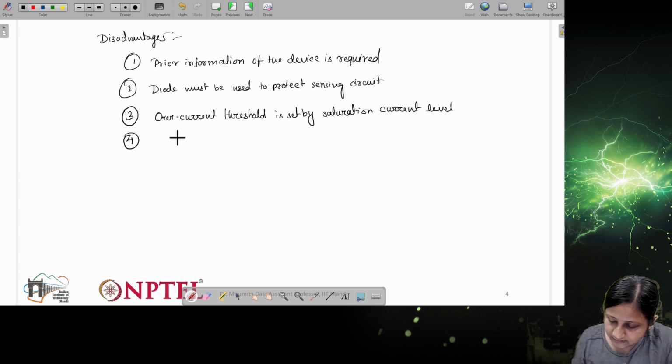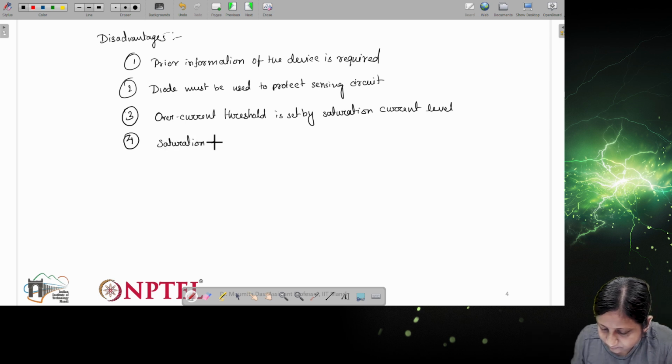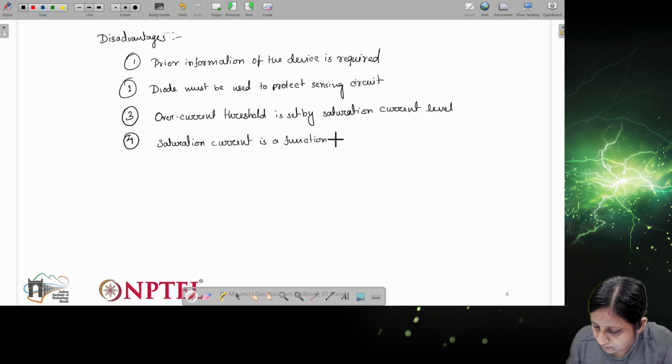The fourth one is that this saturation current is a function of temperature, basically the junction temperature of the device.